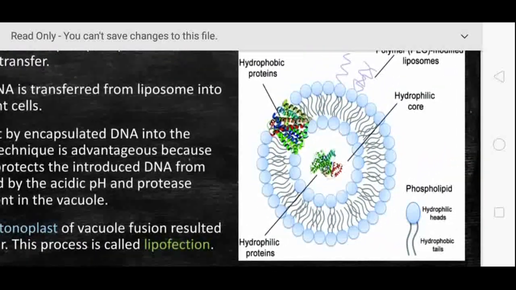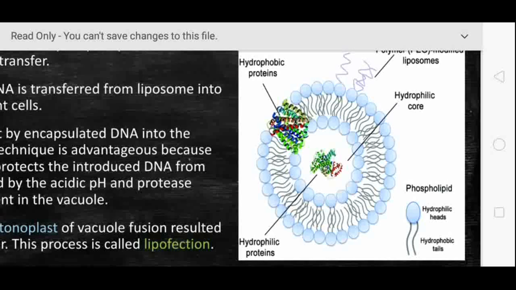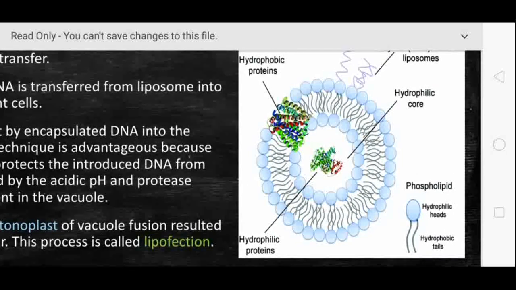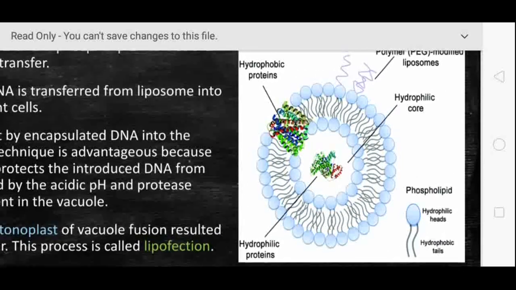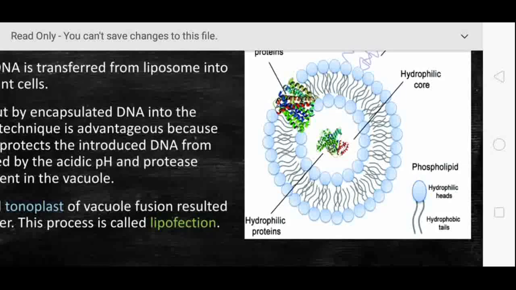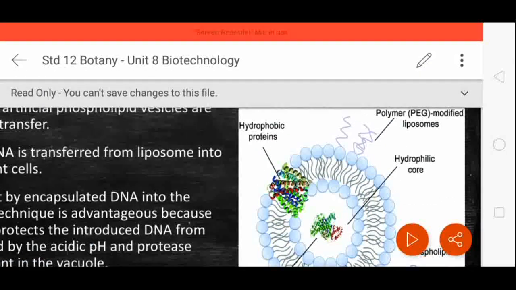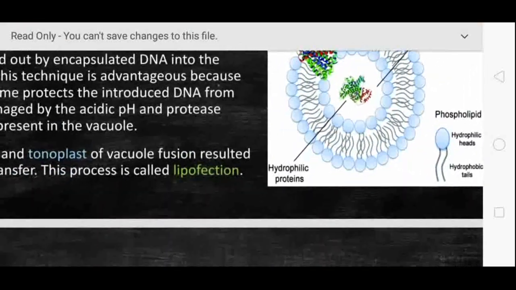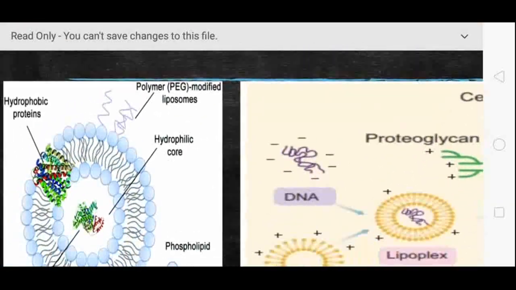Just observe the pictures now. This is the phospholipid bilayer membrane. It is artificially produced by the gene transferring method. It has two regions. One is the hydrophobic region and one is the hydrophilic region. Hydrophobic means it is against the water, yes, it is against the water molecules. Hydrophilic means towards the protein natures. Here, with the help of the PEG, the liposome mediated transfer is going to happen. Let's see how it is going to happen inside the cell.